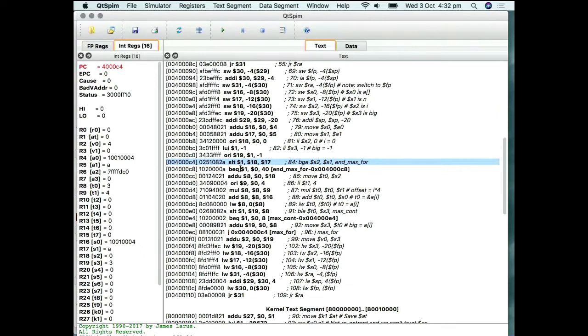And this branch on equal, this is the point where we check whether we've reached the end of the loop. So we need to look at the values of the registers as we're about to execute this function. So $1, all right, $1 isn't super interesting because it's an internal register that just contains status values that we get from